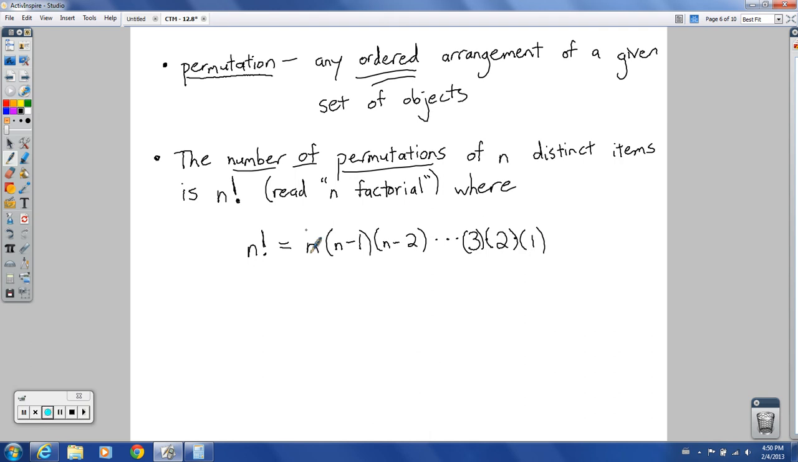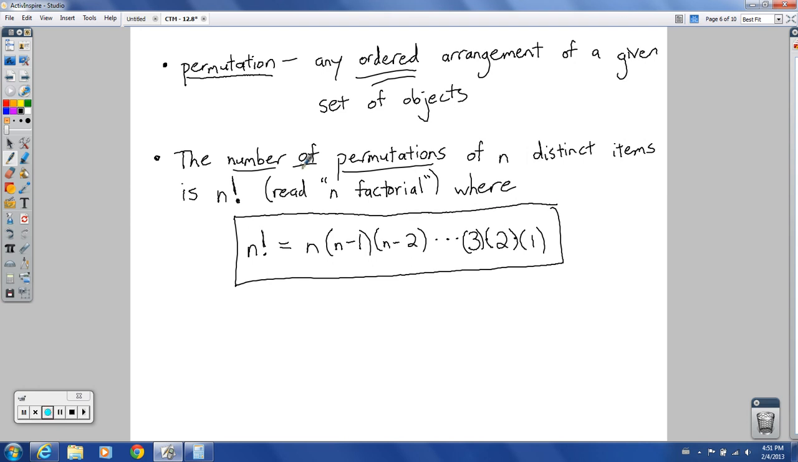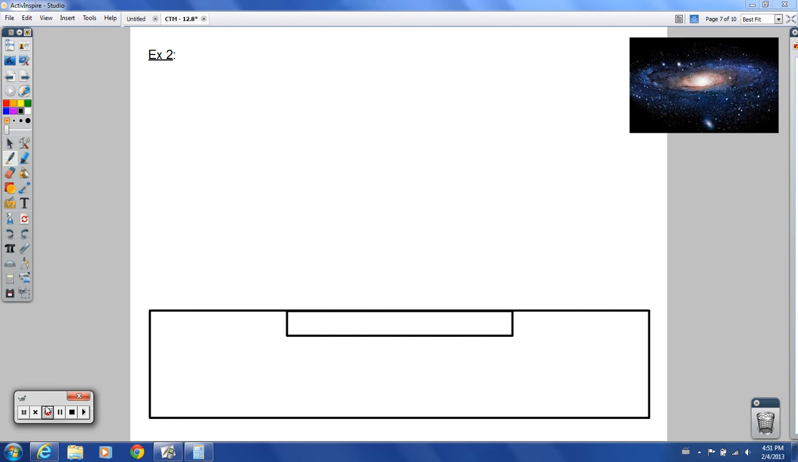So what does this mean? Let's box this in, but what does this mean in terms of a problem? Let's check out example 2. Suppose the letters S, P, A, C, and E